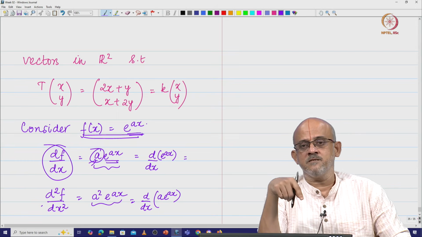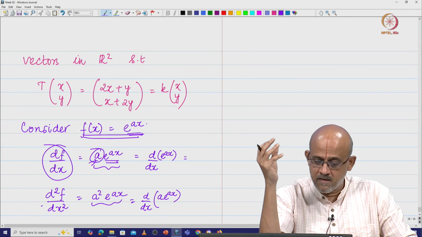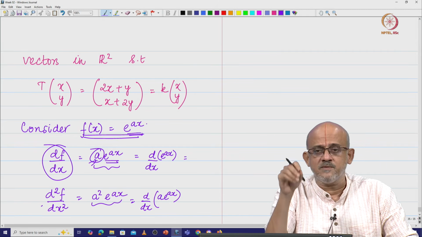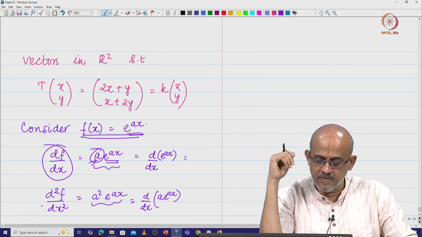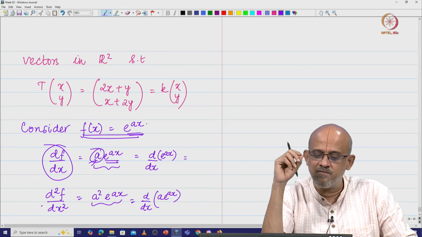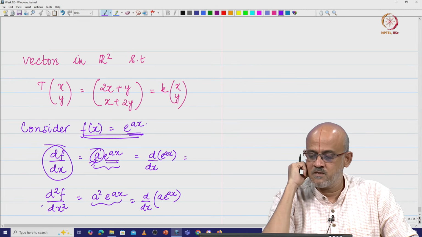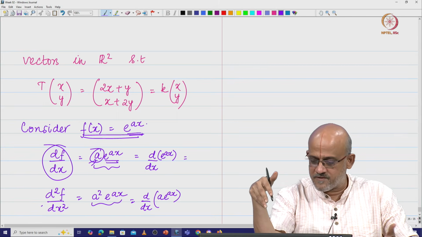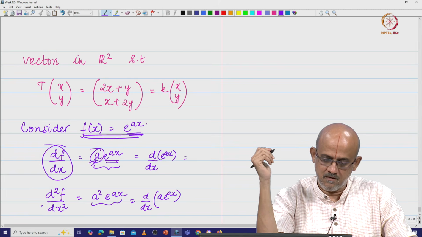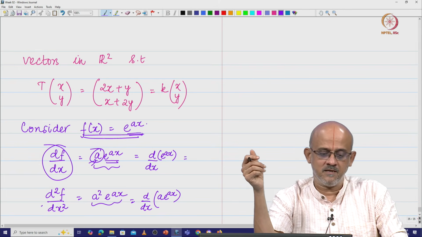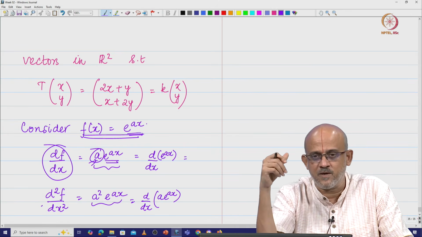Given this particular transformation, am I really greedy to ask for directions such that when you transform the vector using this linear transformation, it just gets scaled? We really do not know. So, we will try to find out if such vectors exist for a given linear transformation. If they exist, that is going to be quite interesting. If they do not, we will say it does not exist, and the effort is going to be quite futile.